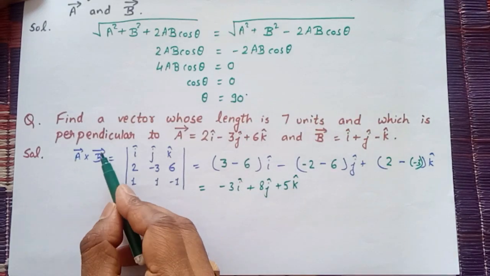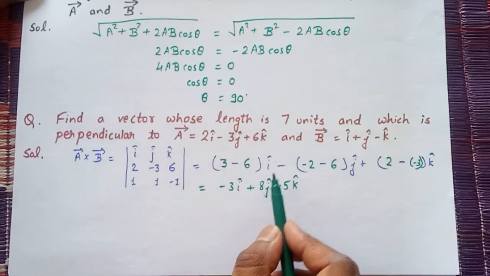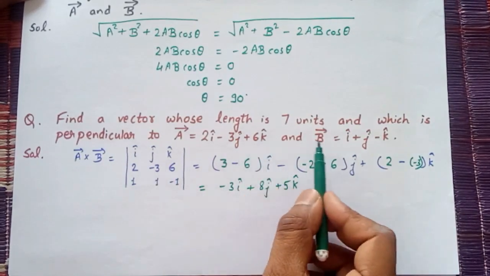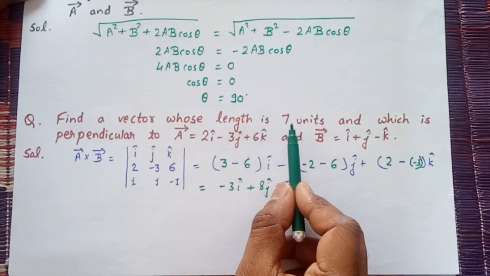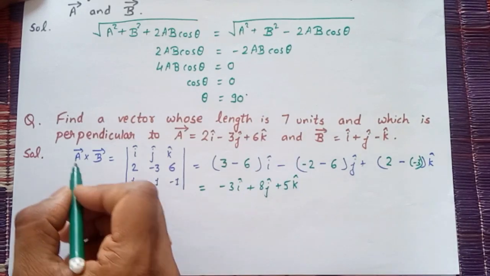This is the cross product of A and B. This vector is perpendicular to both vectors. Now its length should be 7. So first of all I will find